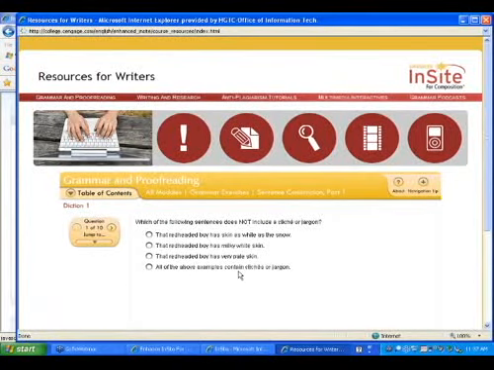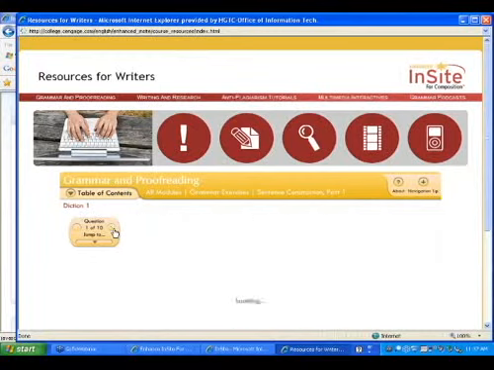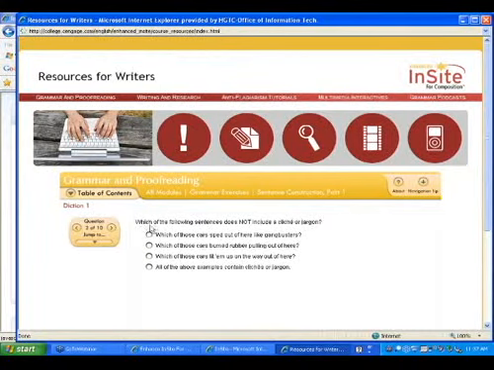So what will happen is you'll get a series of questions where you fill out the radio button to select the right answer, and it'll tell you if you've gotten the right answer or not. If you select the wrong answer, it will show the correct answer so that you can study by it. Then once you've selected a question, you hit the right-hand navigational key to move to the next question in a series of exercises. You can repeat those as many times as you like, and there's literally about 30 different modules that you could use there. So if we'll go back to the main InSite hub now,